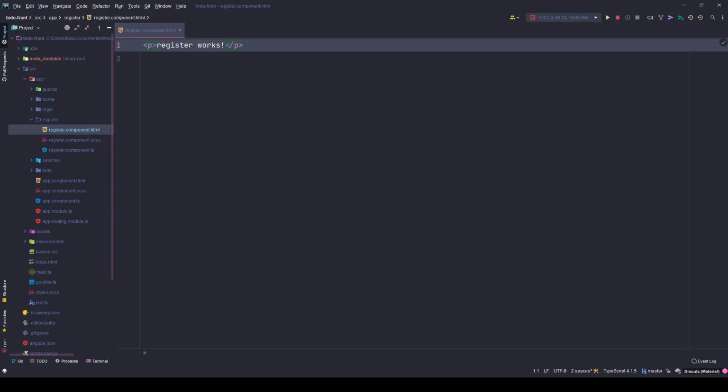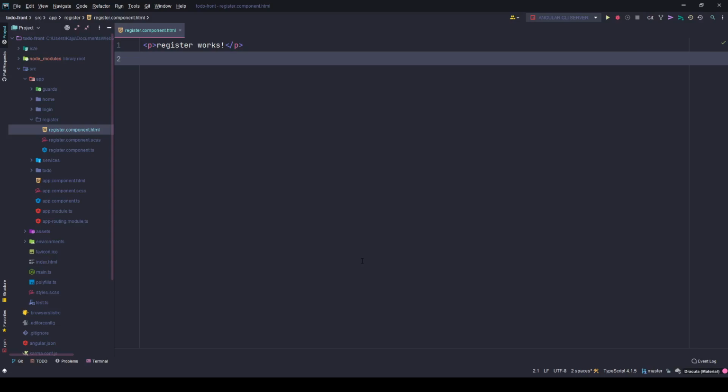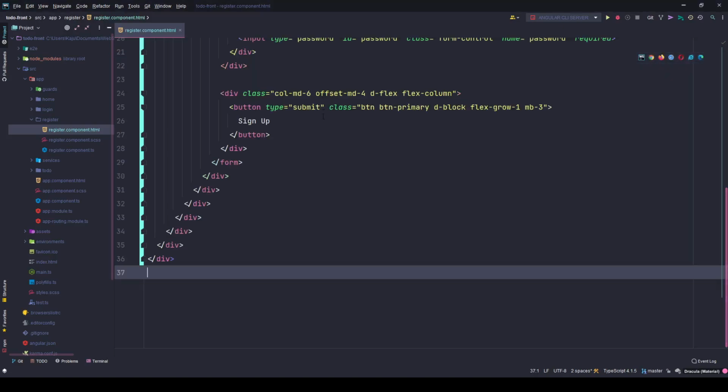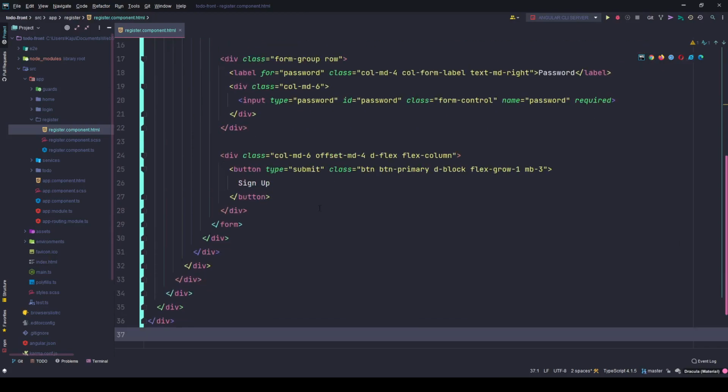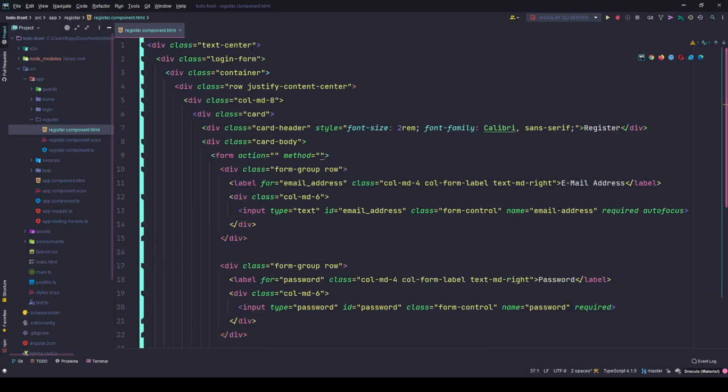This is part 17, and in this part we will be creating and finishing the register component. Like I said, the register component will be similar to the login form. So I'm going to copy the same code and paste it here. It's a little bit of markup, so I thought of copying it instead of typing all these things